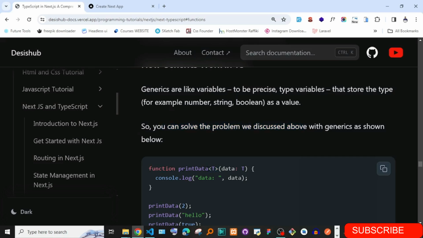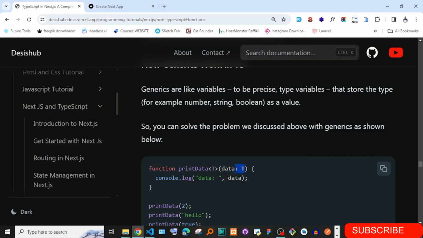We pass in the angle bracket outside with a T, then inside we have data, it takes in type T. So this T you're seeing here is actually a type. And in this case, we are trying to mean a general type. It can be a boolean, it can be a string, it can be an array, it can be an object. So basically, the type you pass in is going to be given to the data as the type.